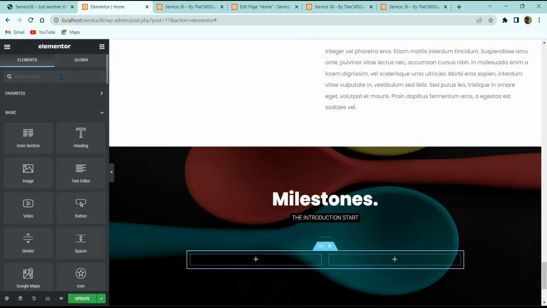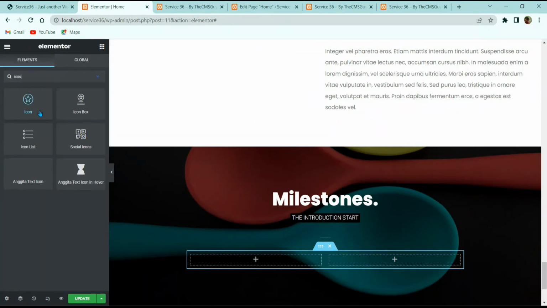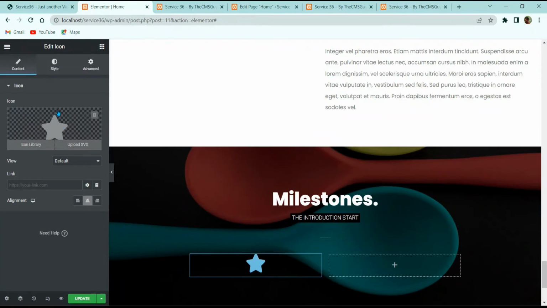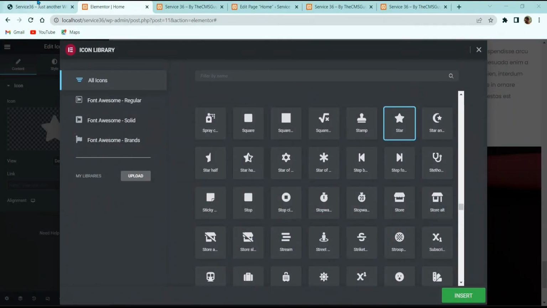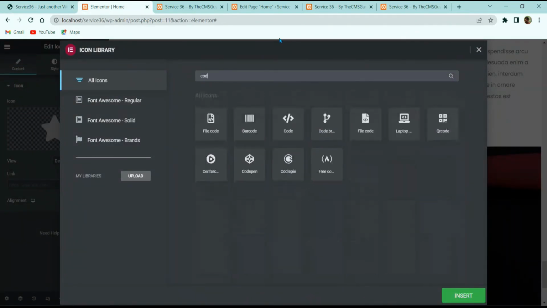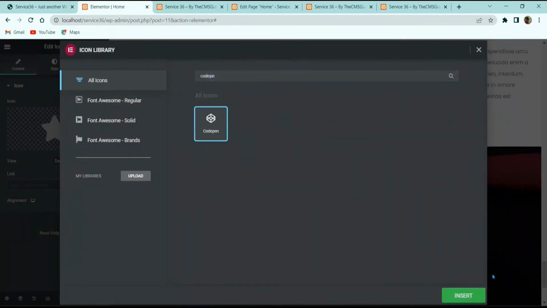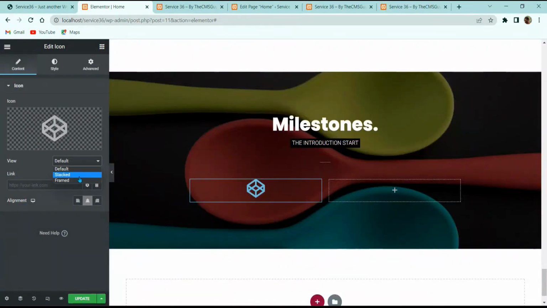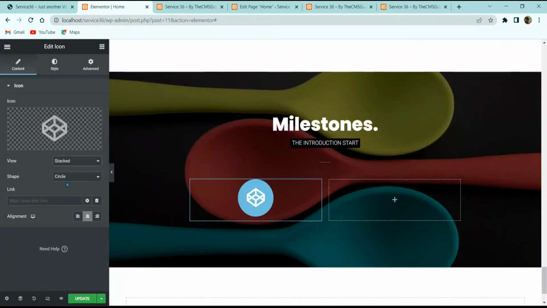So click on this 9 dot, and here we can search for icon. Just drag the icon over here. Now here in this icon we can set any of these icons. Let's see what icon we have. So let's search for any of the icon. Let me give it the CodePen icon, and I will click on insert. So here you can see that we have the CodePen icon, and then view I can make it stacked and